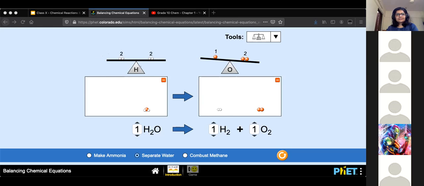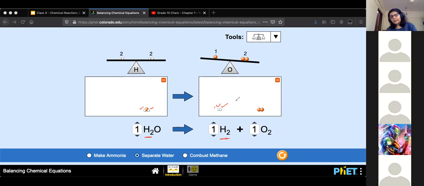No, it's not. Why is it not balanced? Like in the other diagram, there are 2 hydrogen molecules. 2 hydrogen molecules kaise hai? Here you have 2 atoms of hydrogen, H2O mein. You have 2 of these white circles. Here also you have 2 atoms of hydrogen, two of these white circles. So equal hai, two atoms on LHS is equal to two atoms on RHS.